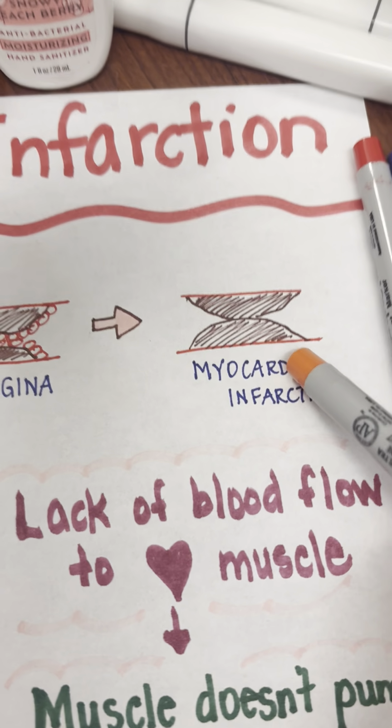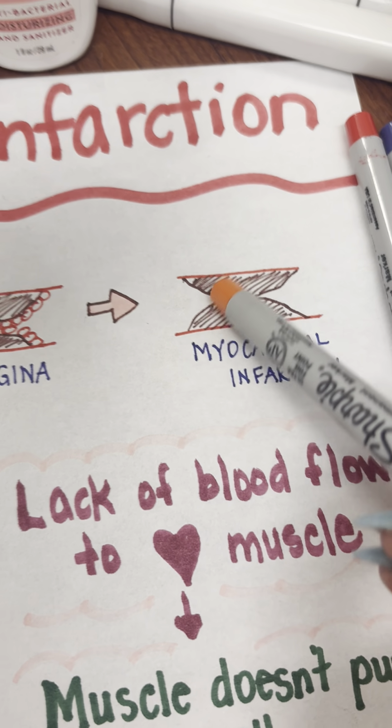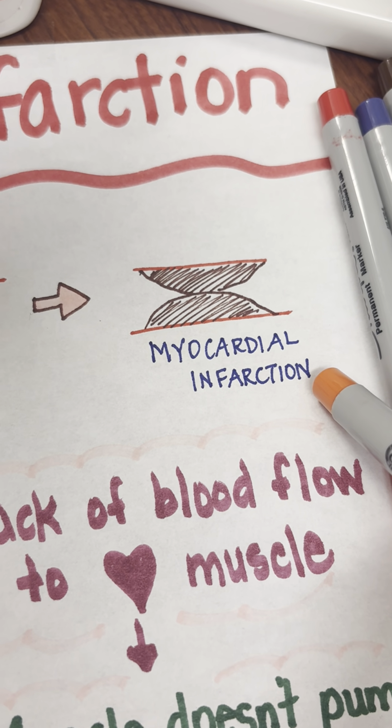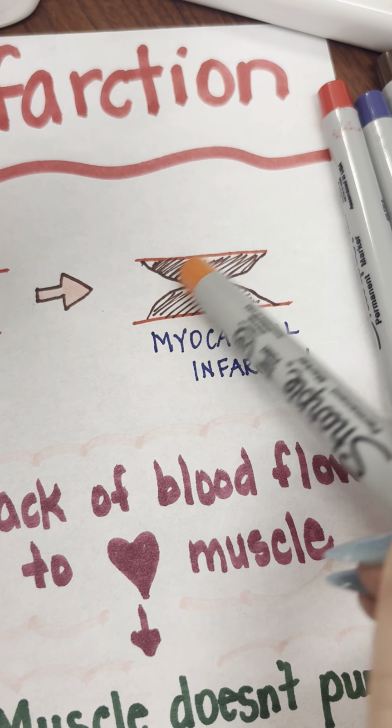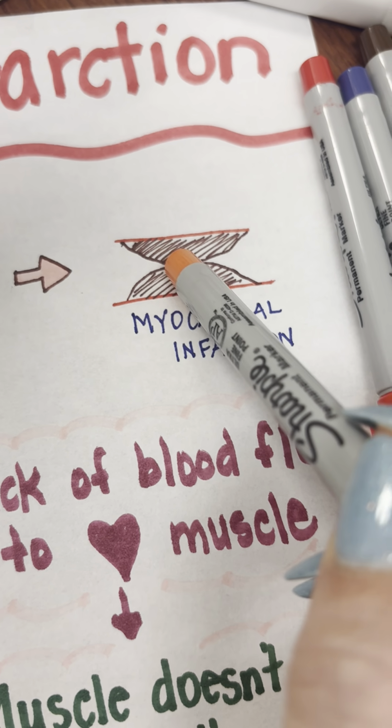All right. So that is going to eventually lead to the point where we get so much sludge and junk up in here that they're going to end up having a full out myocardial infarction, which means the heart muscle is not getting blood flow because of all the sludge. It's blocked the blood flow.